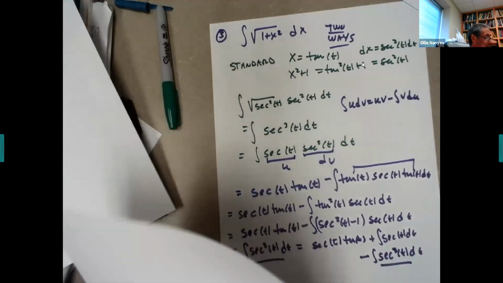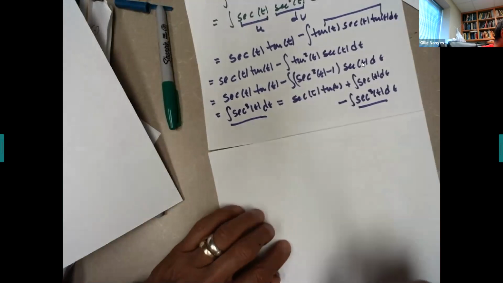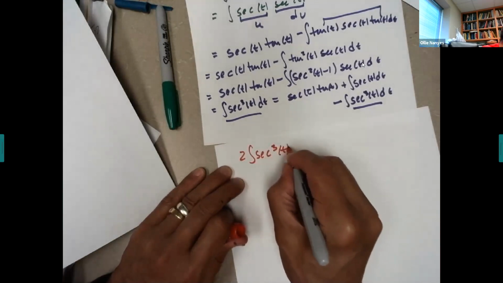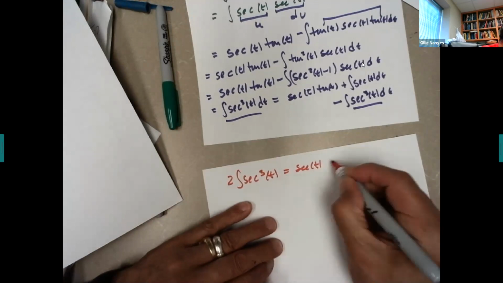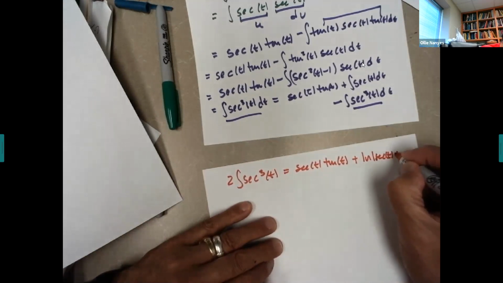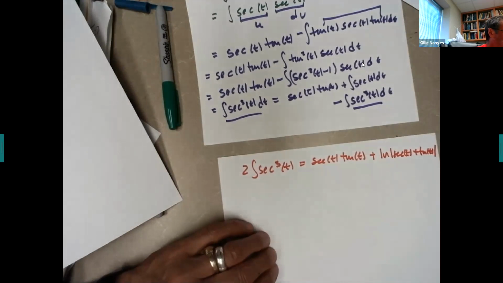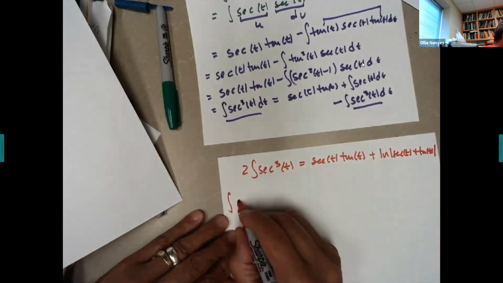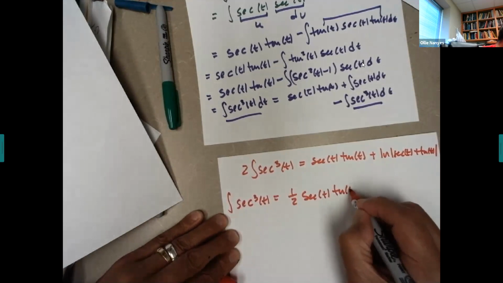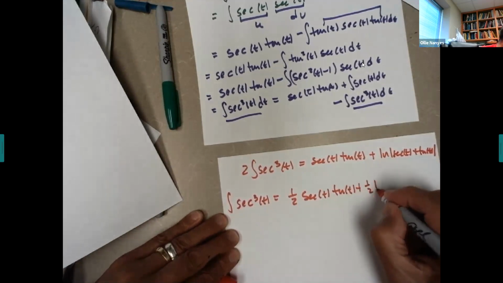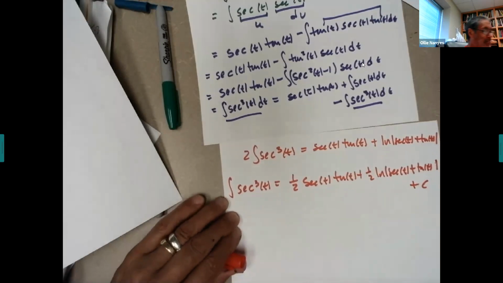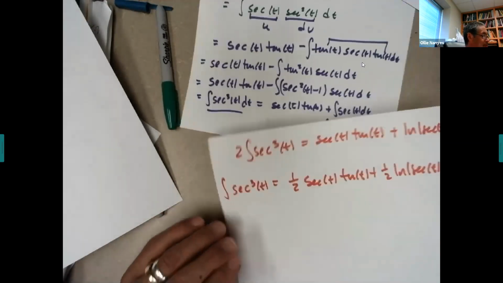So we end up with, adding these together, 2 times the integral of secant cubed t is going to equal secant t tan t plus the integral of secant t, and I'll add on the plus c. Now this could be easily solved for. Now, we've almost got this down, but remember our original